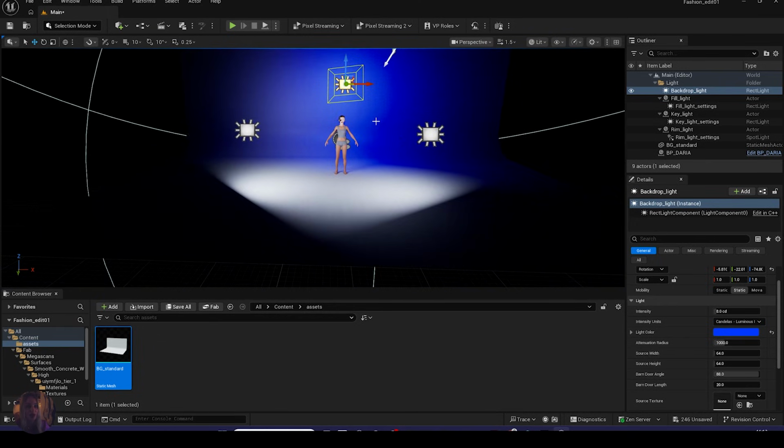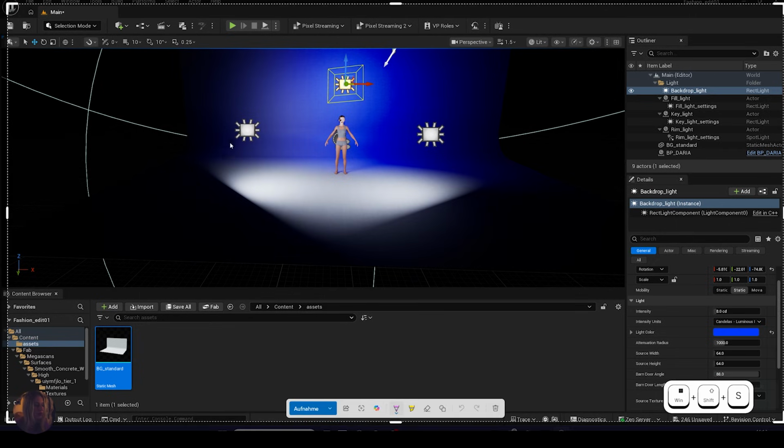Before we start with the light, I give you quickly an intro of what I plan to do, which is similar to the setup I have seen for Jack Bridgeland, and I keep it very simple. I saw several options. I will just create a 3-point light, with an additional backdrop light, and the 3-point light mainly means that we have a fill light,